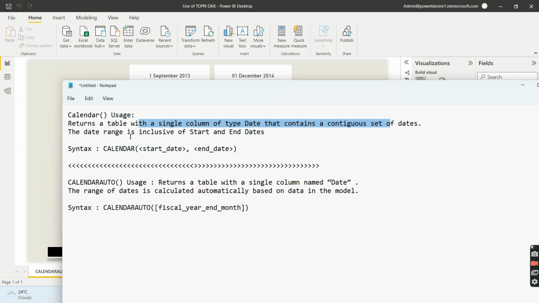Now the main difference is in CALENDAR. You see, the syntax of CALENDAR is this, where you, as a developer, have to specify what is going to be the start date and what is going to be the end date, and after that CALENDAR will create this particular table with a single column of type date between the start date and the end date ranges